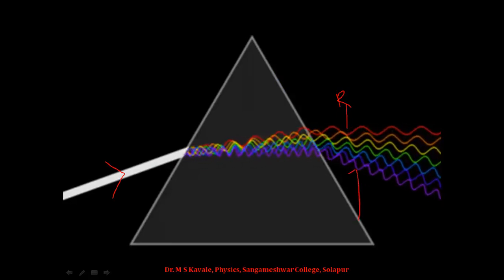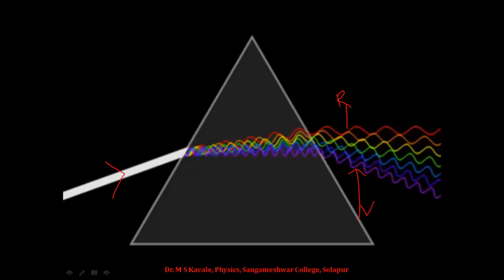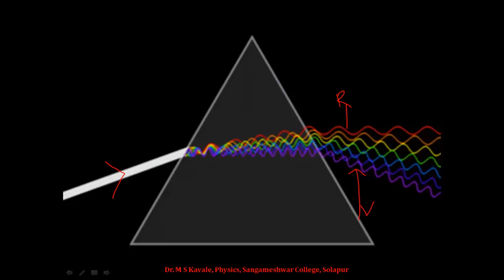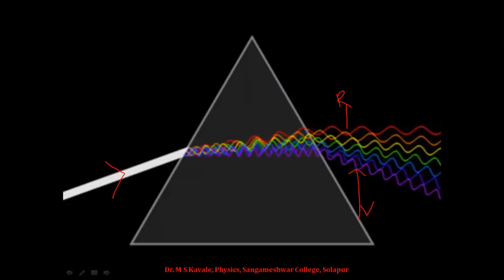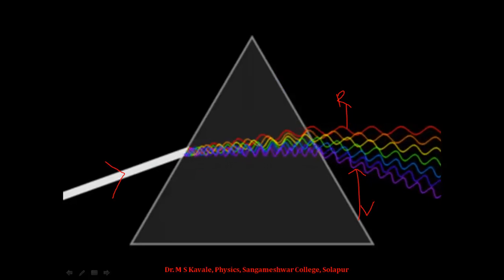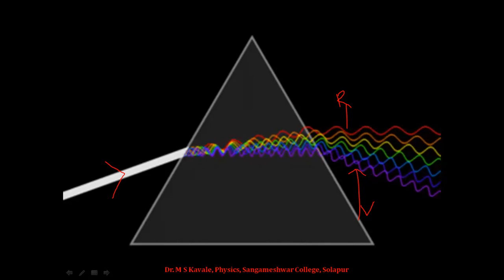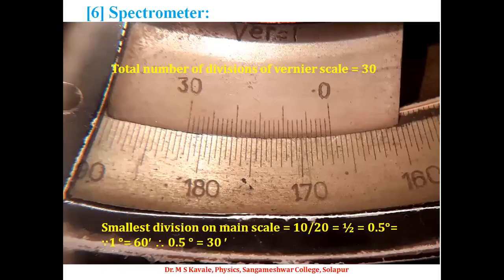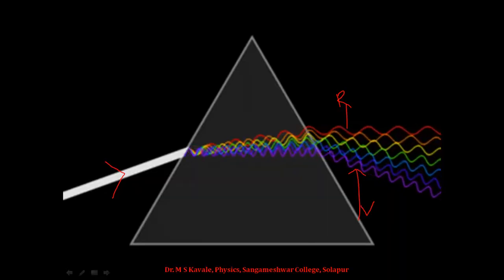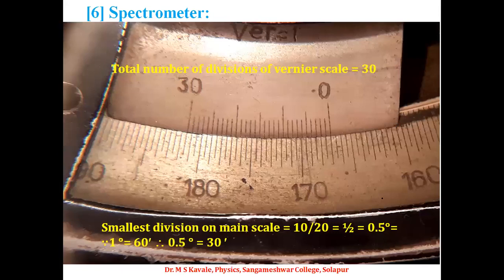We know very well that in the case of white light, if it is separated through a denser medium, we can observe a spectrum ranging from violet color to red color. So this is the dispersion of light, as we know very well. Such dispersion, or the angle of the prism, can be measured with the help of the spectrometer.